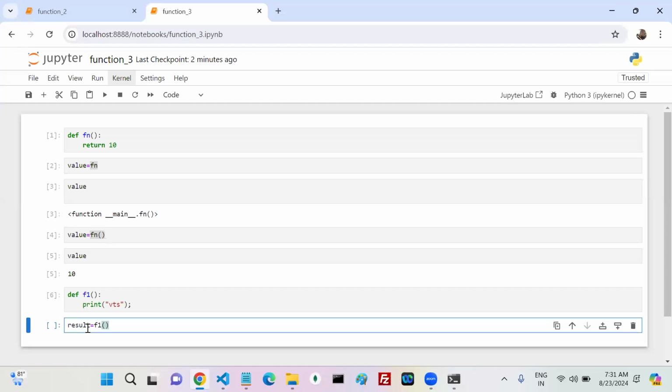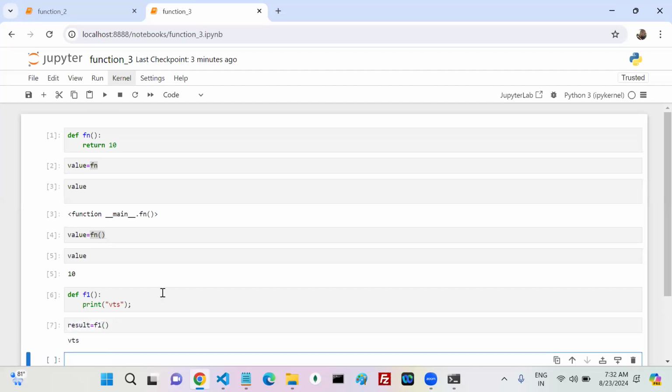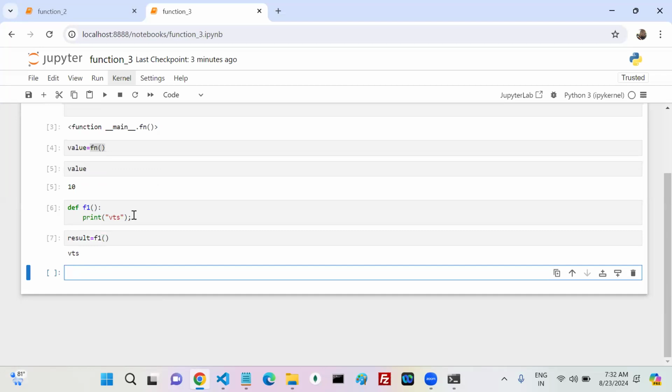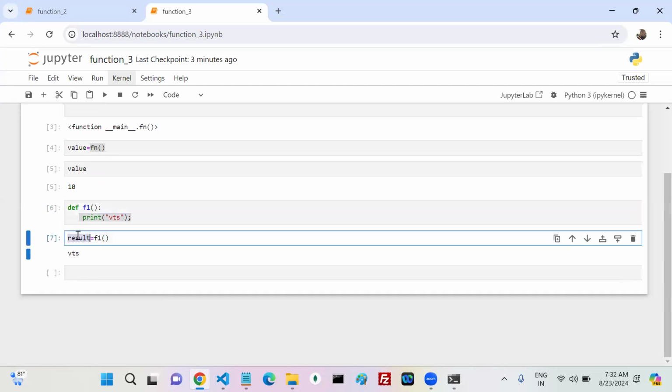Syntactically 100% valid. Why? One function you can call, and if it gives some value, I can hold it with a variable. So my question is, what is my result now? See, the output was printed, that's okay. But what is my result value?